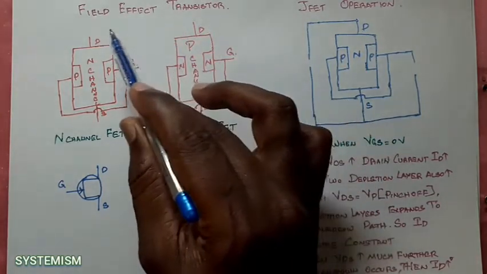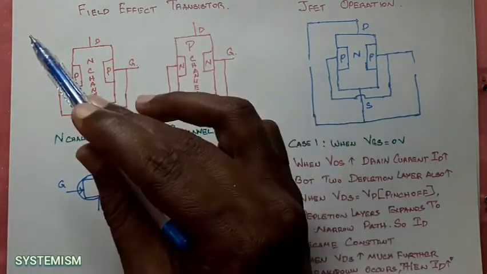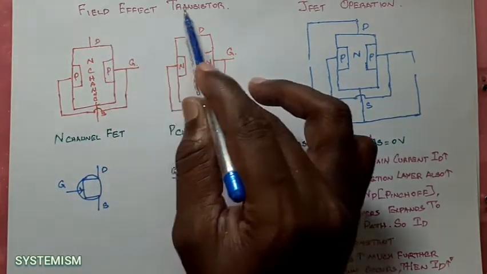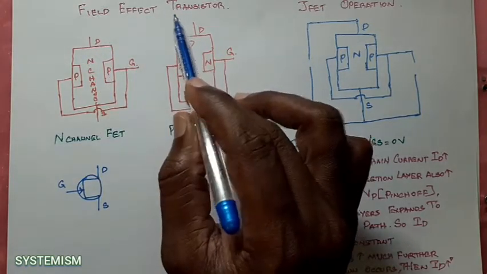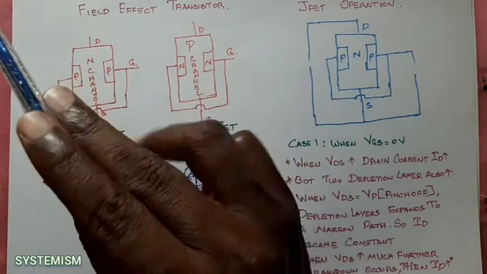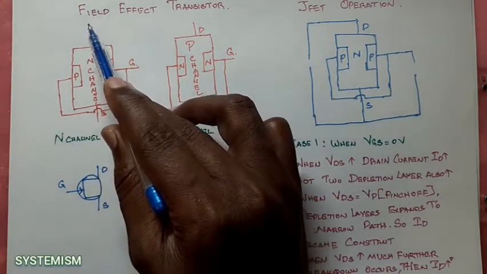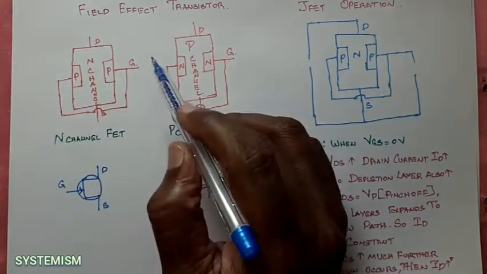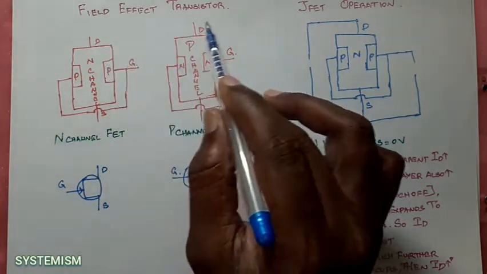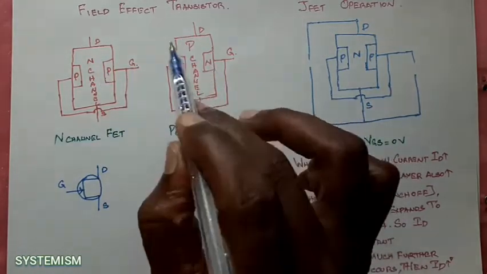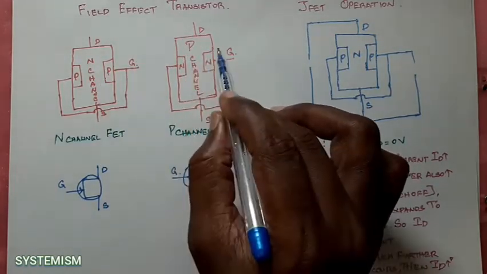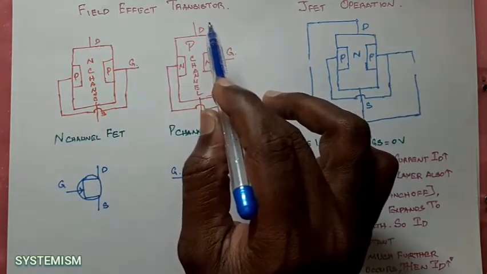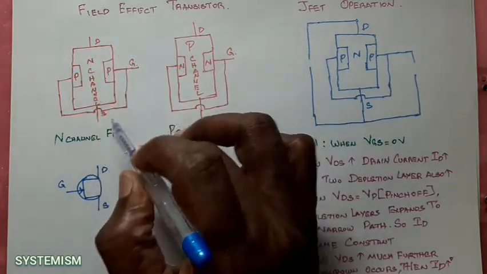Field effect transistor is more efficient compared to the BJT, that is bipolar junction transistor. This is otherwise called FET, field effect transistor. That one is BJT, bipolar junction transistor. Which one is efficient? Field effect transistor is more efficient compared to your bipolar junction transistor. Mostly in today's electronics they use only these types of field effect transistor. If they say any transistor is available in any circuit, mostly it is a field effect transistor. Okay. Now we will see the structure of this field effect transistor.